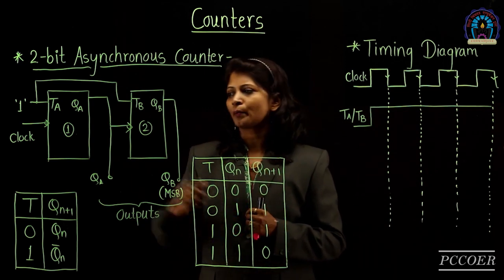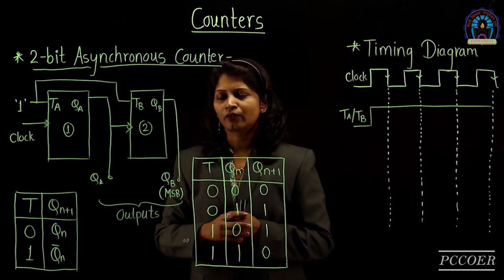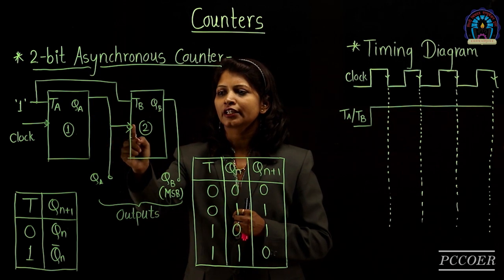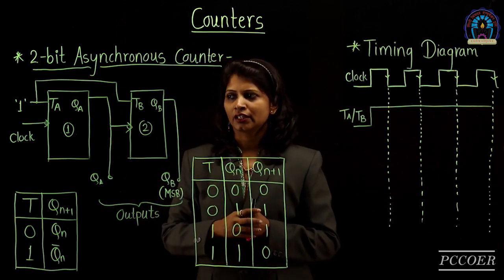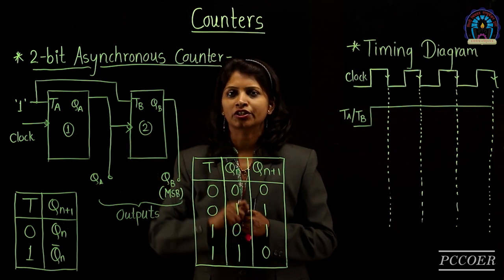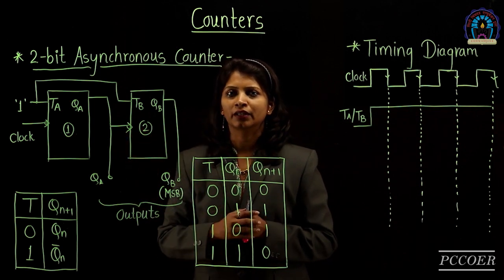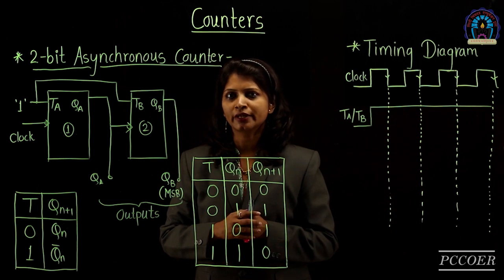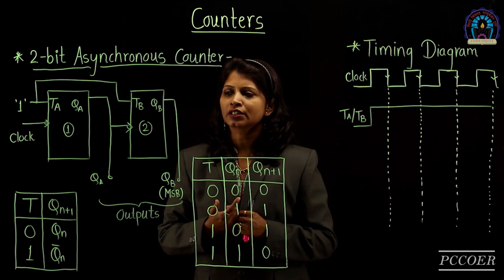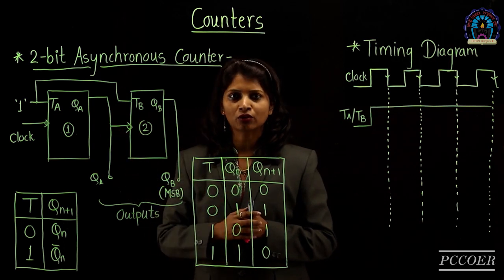The original clock pulse is given to the first flip-flop, which is the LSB flip-flop, and the output of the first is connected as a clock input to the second. The type of triggering used in the circuit is negative edge triggering. The arrow with the bubble indicates negative edge triggering, meaning the output of the flip-flop will change with respect to the negative edge of the clock.